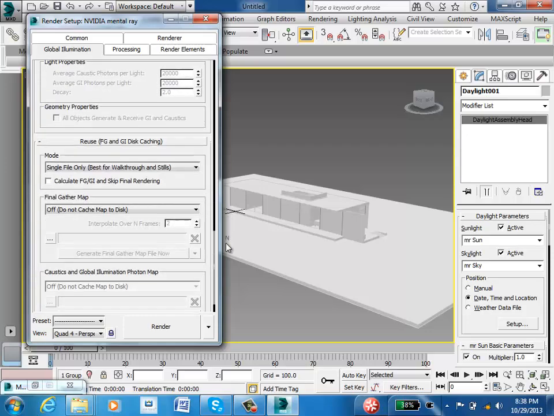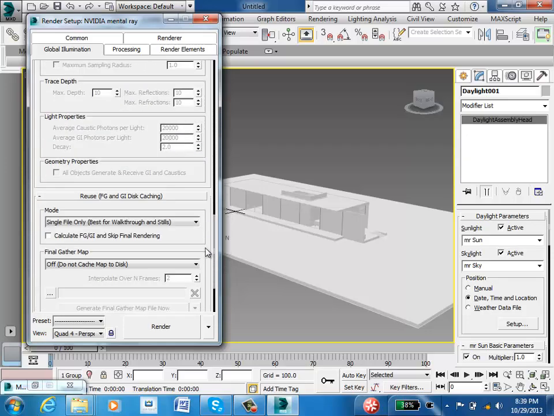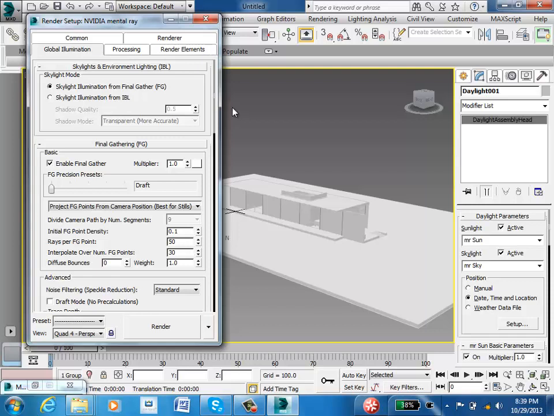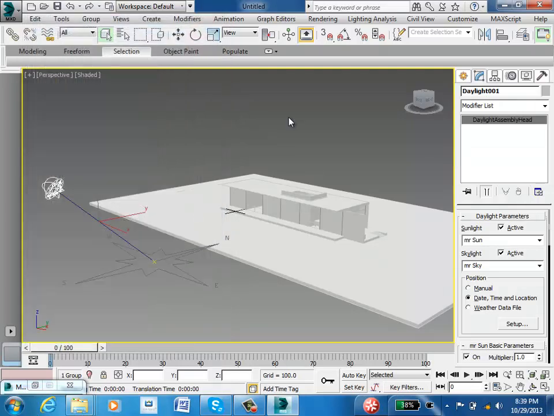And then there's a whole bunch of other series of things that are underneath that. But what we're really going to deal with for global illumination is final gather, precision and quality. Okay, so that's a basic introduction to the render setup. The last thing we're going to talk about today is the environment